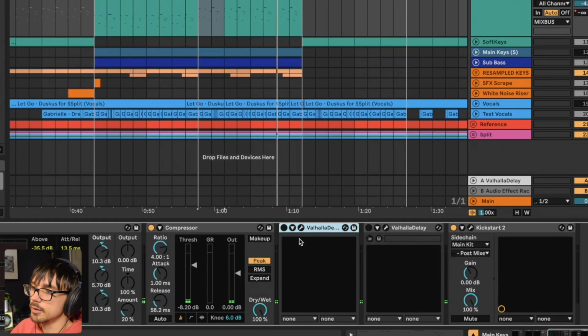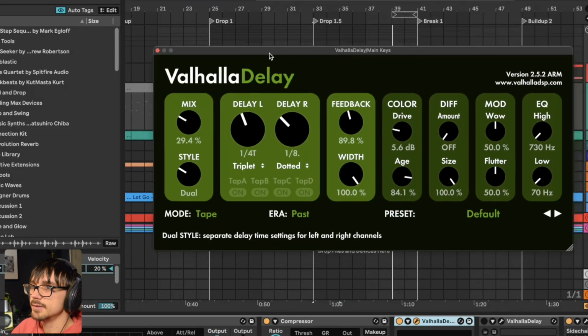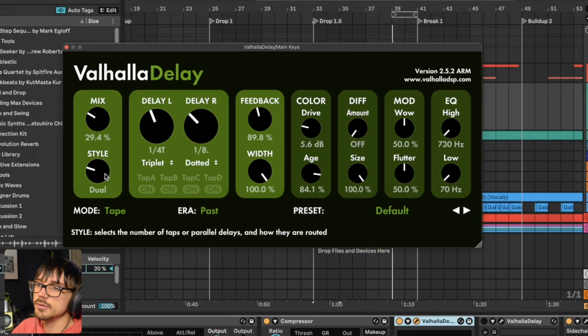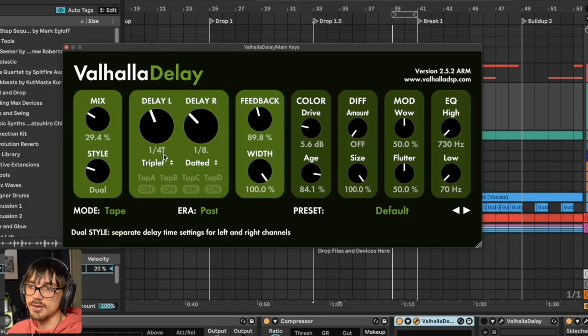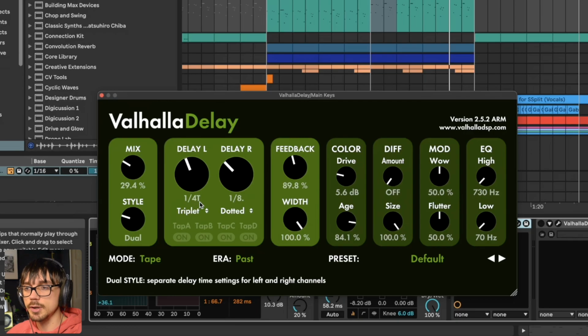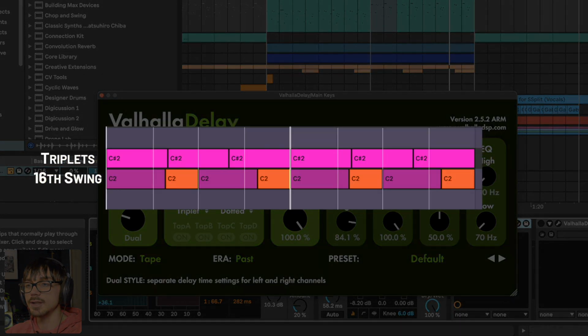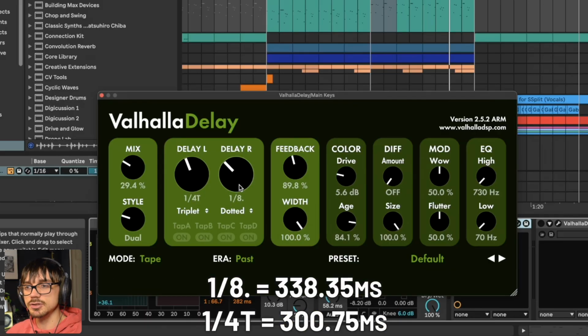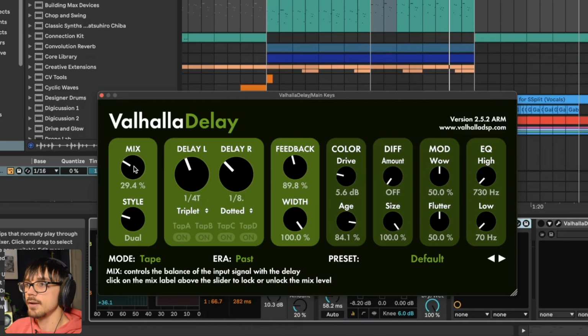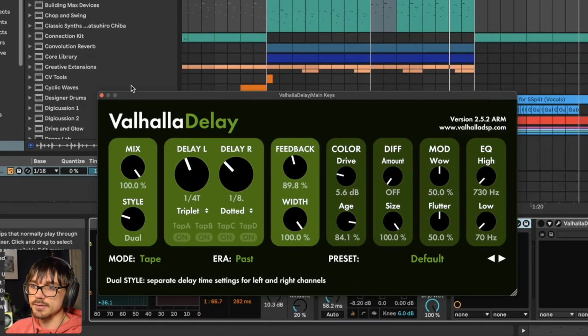But then more importantly come the two delays. So a Valhalla delay, I'm using this again. I've set this to dual mode so that we've got two different delays on the left and right channel, because there's a lot of chaos caused by this main synth. One of the times that's seemingly very obvious is this quarter note triplet timing. Sometimes though, the quarter note triplet notes and delays actually line up with heavily swung notes from our sound. So that's why it does work quite well. And then a dotted eighth note, which is in a similar range to the quarter note triplet here. If you listen to those at full mix,